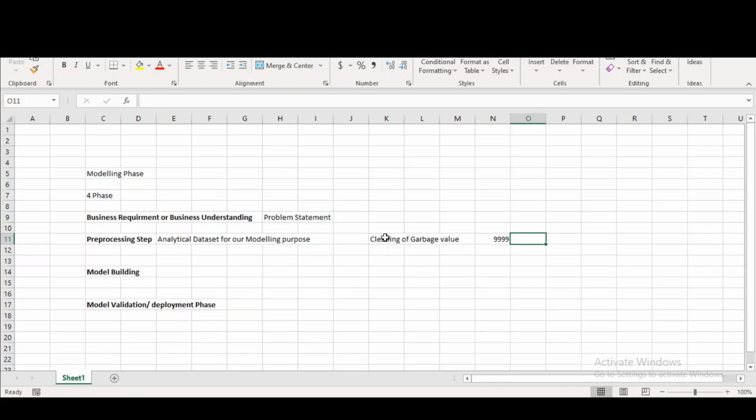Or sometimes we would see hashes in our data set, or dollar signs. These kinds of cleaning we would be doing in the garbage processing phase.